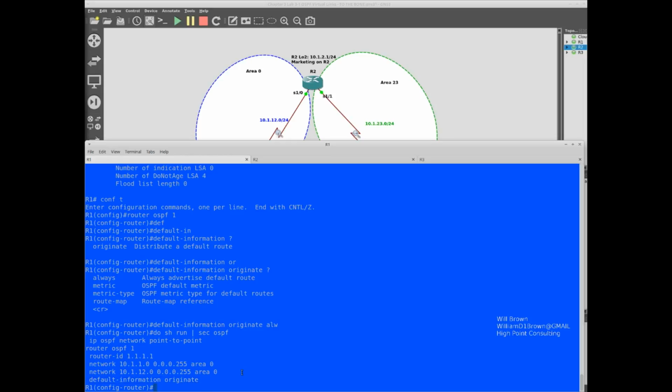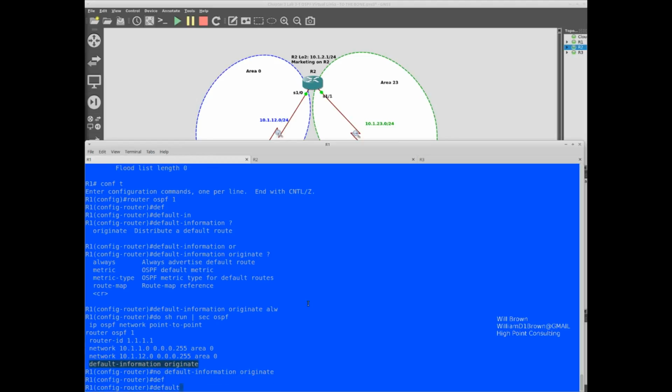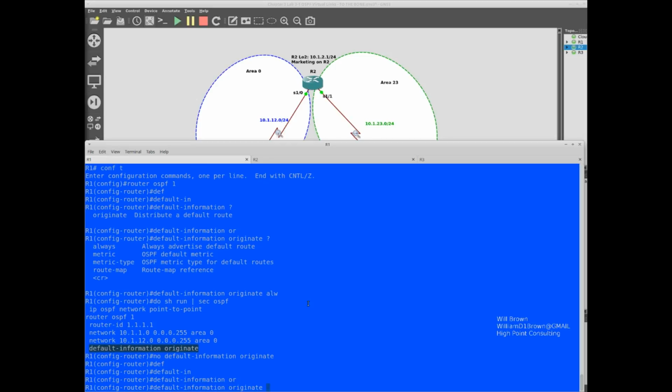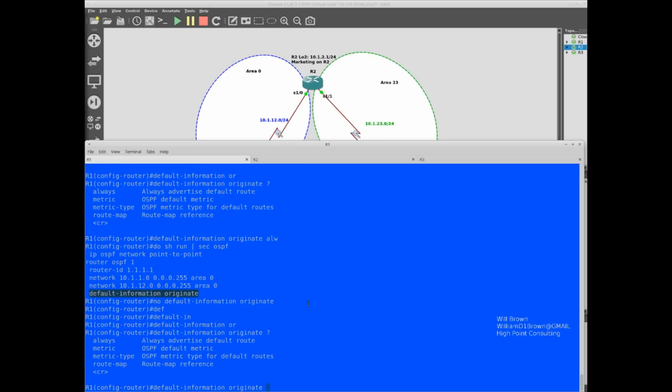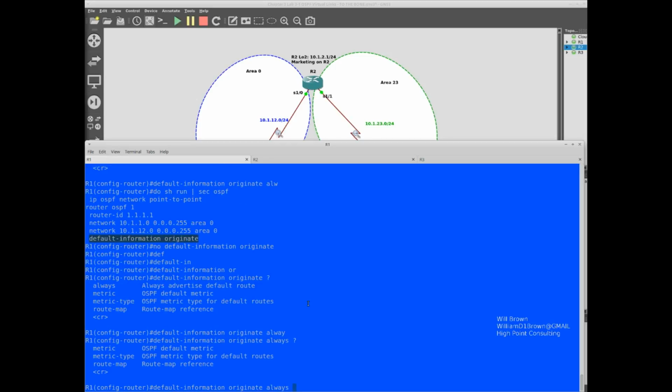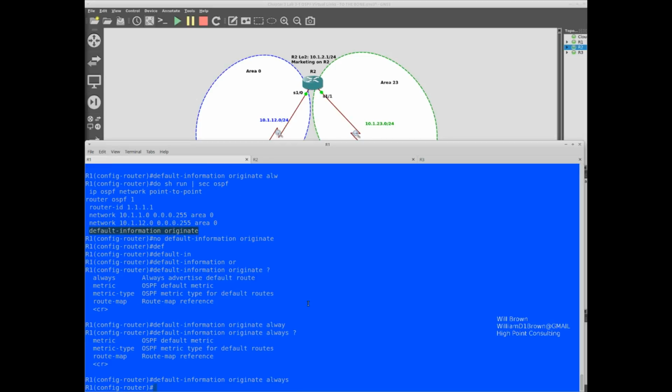I need to have default information originate always. So I'm already in the router OSPF process here. So to play it safe, I'm going to say no default information originate, and then say default information originate, and there's another option, always. Okay, we can end it there.